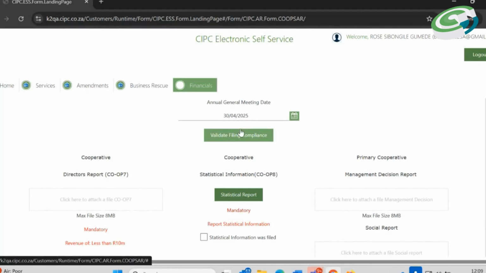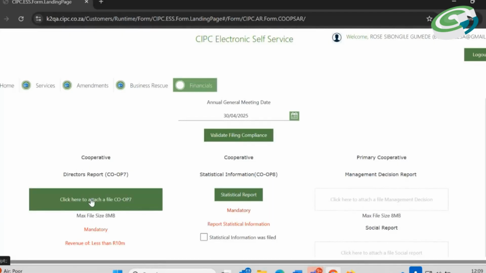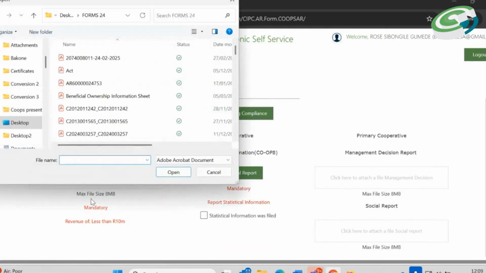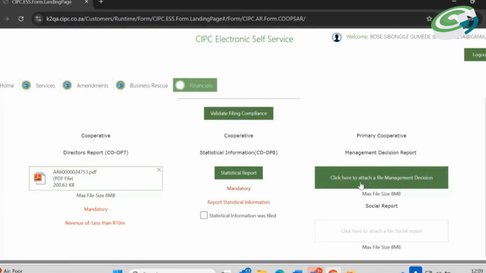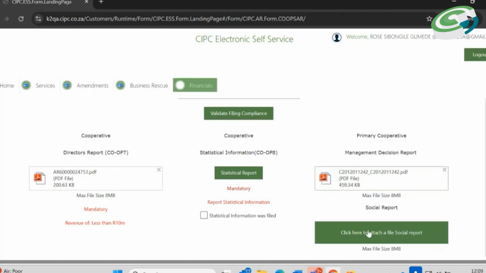The forms are available on the CIPC website under resources, where you'll get the forms and fees for cooperatives. You can download the forms there. We are required here to attach the fully completed Co-op 7, and always remember it should be in PDF format. Management decision report, you attach it here. Social report also here.